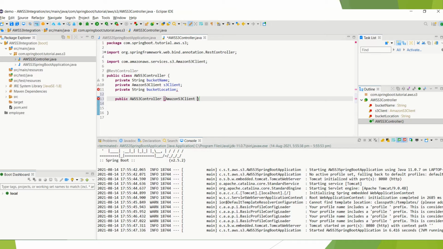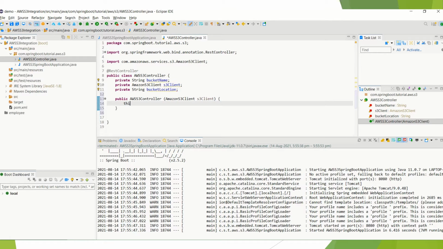But here we are not doing anything. Spring Boot is doing all the auto configuration. So it is injecting the S3 client, and based on the credential, till now we have not added the credential, Spring Boot will create the client and inject it in our controller. Okay, so now S3 client here.